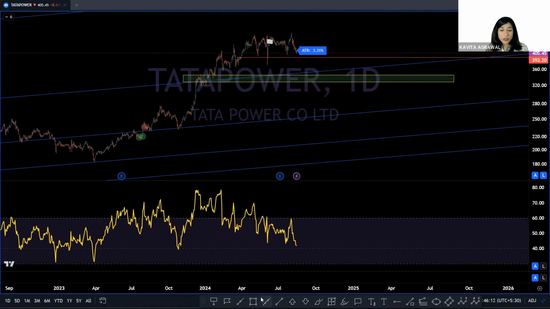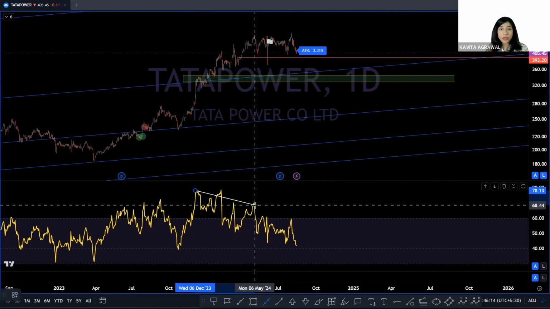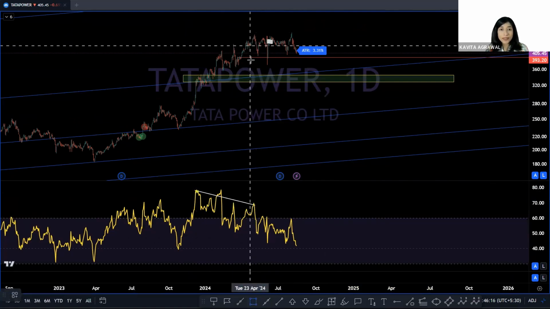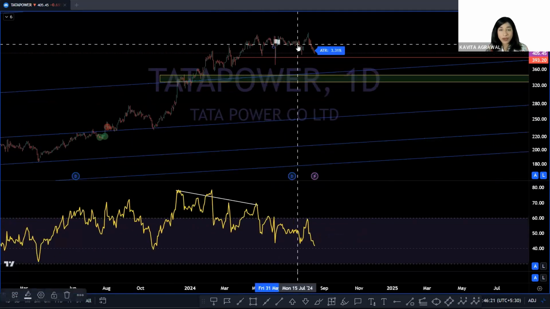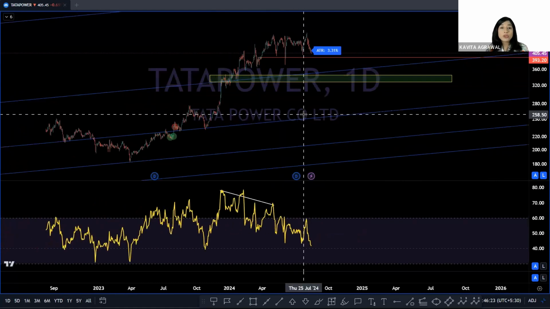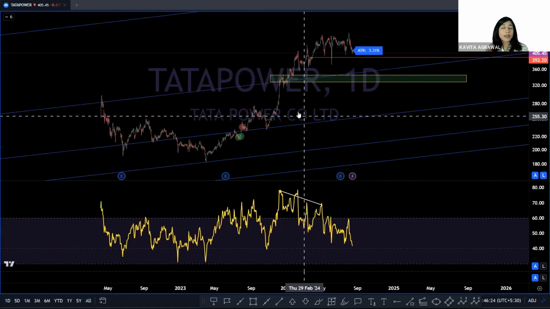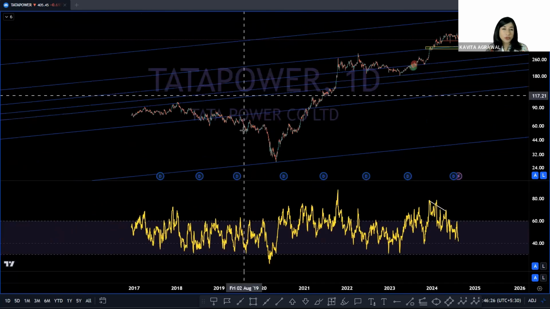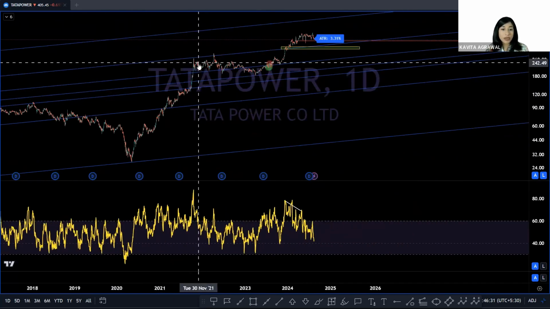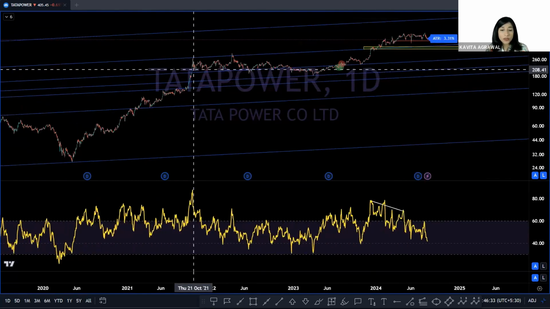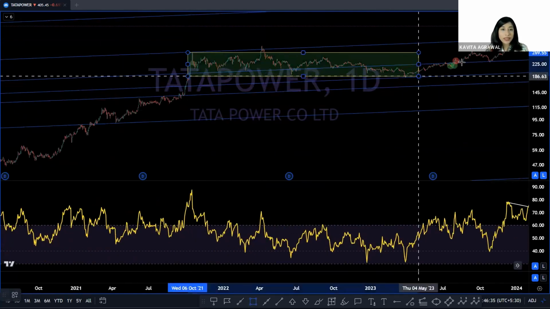How far it's going to go, very difficult to tell, but it already looks like the stock has established a double top formation over here and is starting to come back down. So because there is no outright bullish momentum here, I am not very keen about a fresh position on Tata Power. And if you look at the past trend analysis as well, once this momentum peak got established on Tata